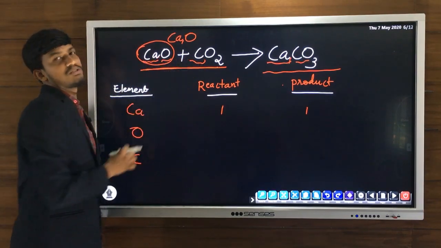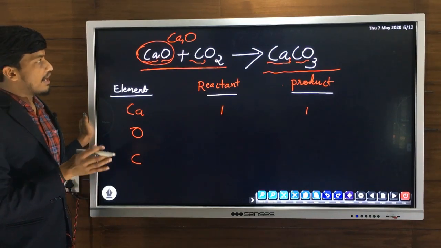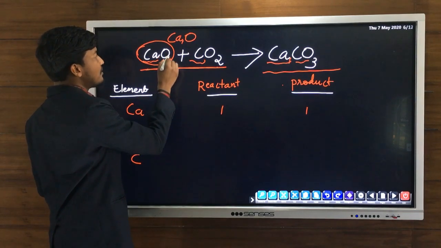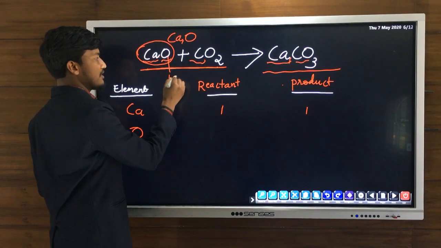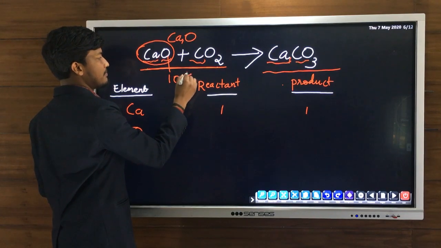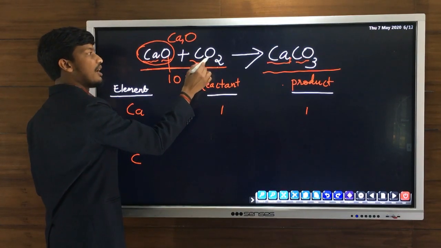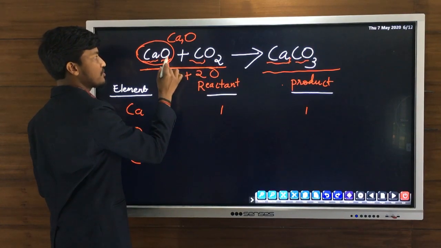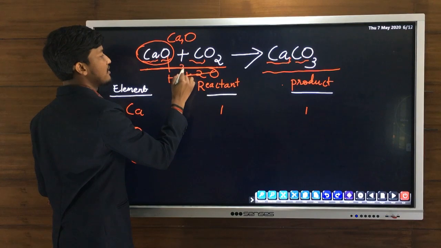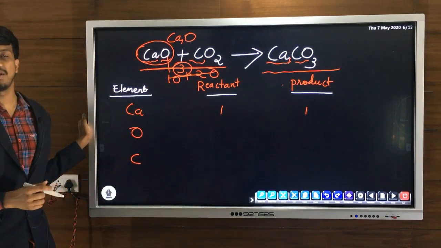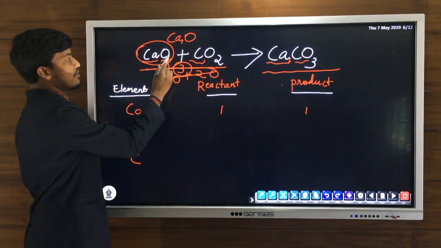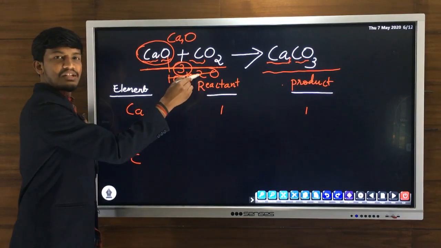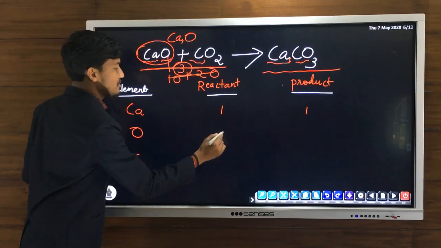So oxygen is present in both the reactants. When we have to count the total number of oxygen atoms, from CaO we have only one oxygen atom, plus in CO2 how many oxygen atoms? CO2, therefore 2 oxygen atoms. So 1 plus 2, 3. We will get 3 oxygen atoms. So from CaO, O1, so 1 oxygen, plus from CO2 2 oxygen atoms, so 1 plus 2, 3 oxygen atoms